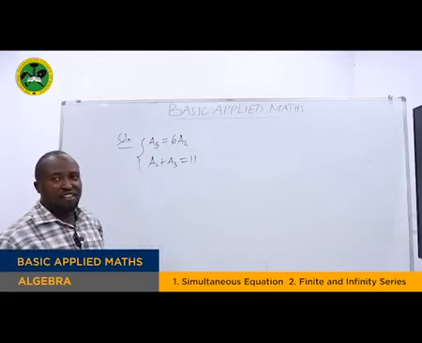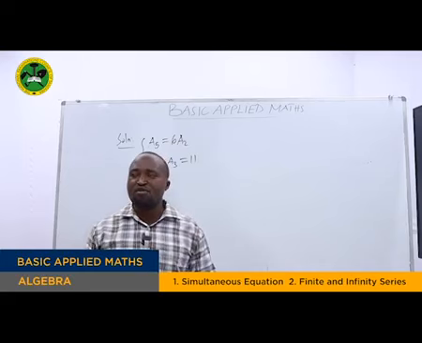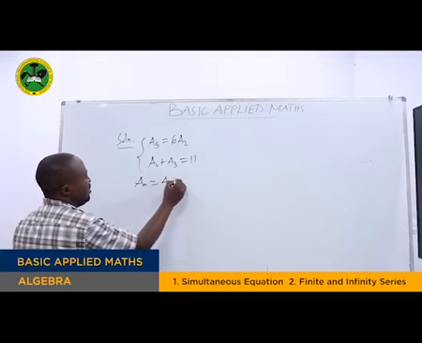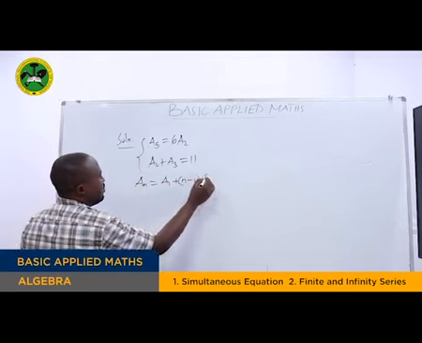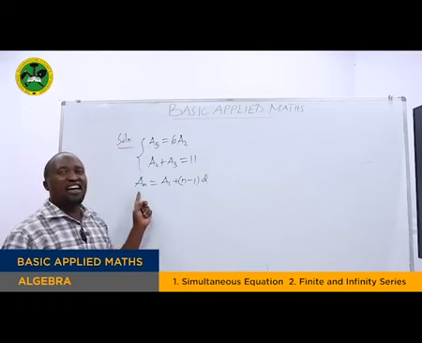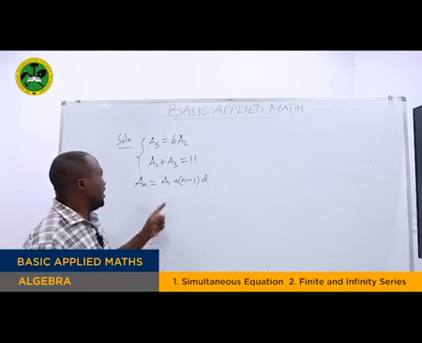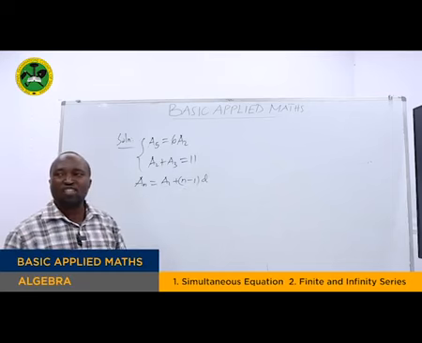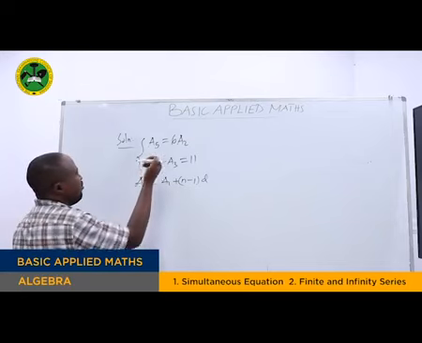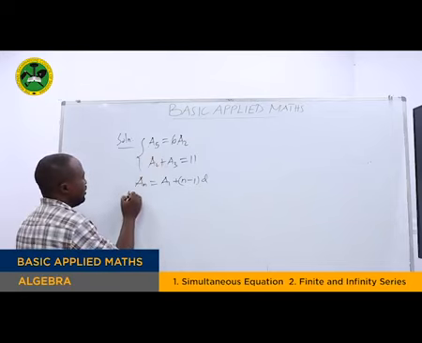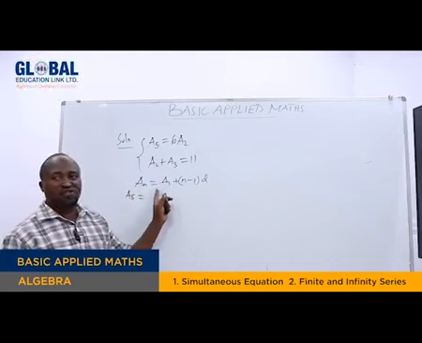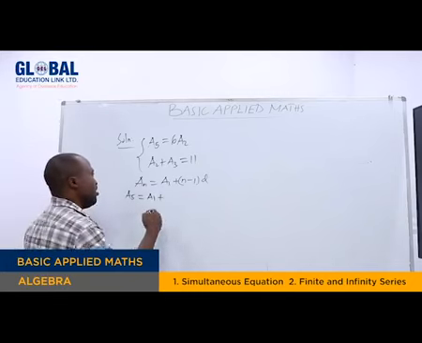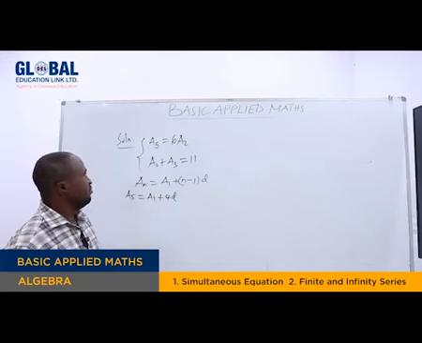Now remember the general formula for the nth term of an arithmetic progression, which says an is equal to a1 plus n minus 1 times d, where an is the nth term of an arithmetic progression, a1 is the first term, n is the number of terms, and d is the common difference. So starting with a5, by using this formula, a5 will be a1 plus, now we have n minus 1, that is 5 minus 1, that is 4d.